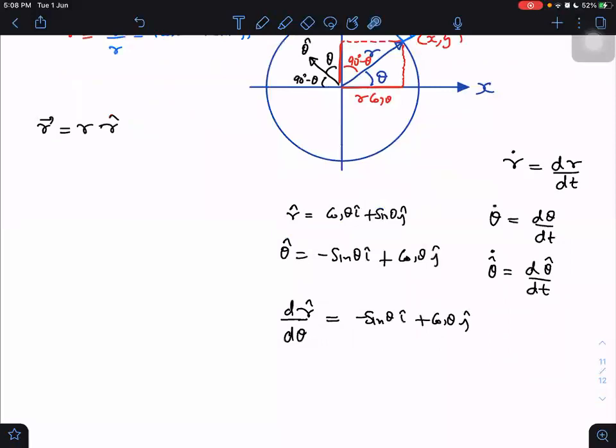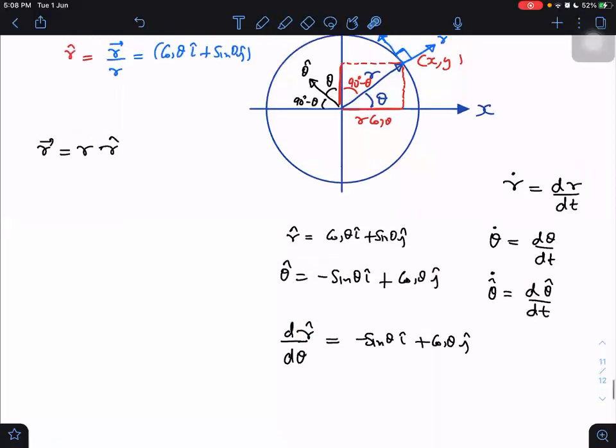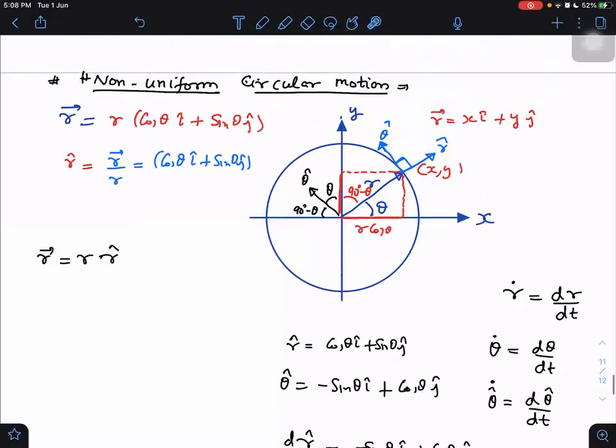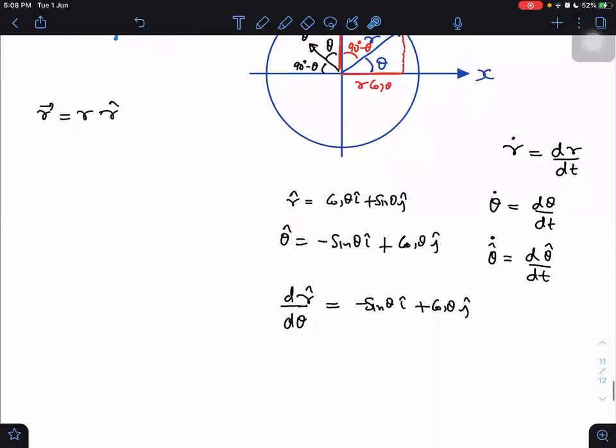Now somebody may think, how can I differentiate a vector? We can always differentiate vectors. There is nothing wrong. Sir, we always take derivatives with respect to x, but here these vectors are variables. r cap is not a constant vector. Soon afterwards, when the position will be here, then r cap will be here and theta cap will again be along the tangent. So they will be varying. But i cap never varies. i cap is fixed and j cap is also fixed. Those are not variable. So if I want to differentiate i cap, it will be 0 derivative. If I want to differentiate j cap, it will be 0 derivative. But the derivative of r cap is not 0. That is equal to this.